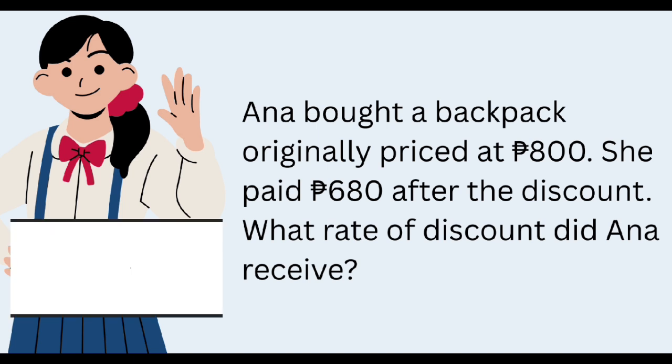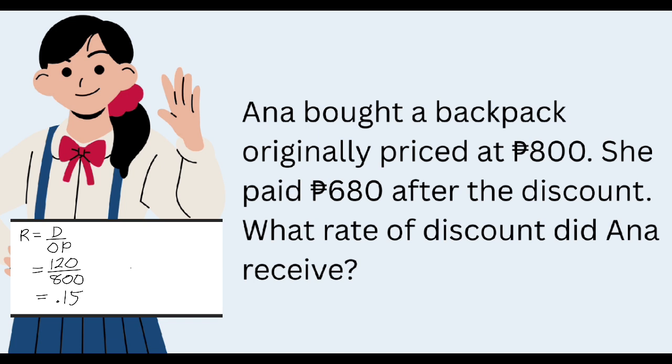We will use the formula R equals D divided by the original price, wherein the discount is 120 and the original price is 800 pesos. 120 divided by 800 is